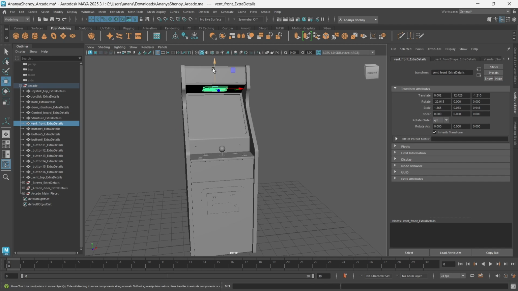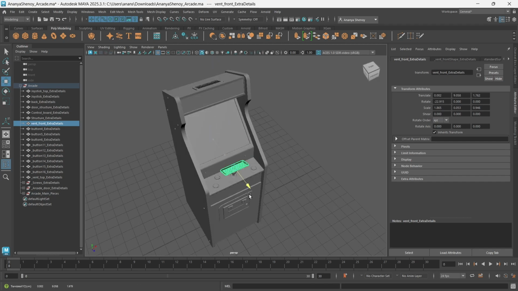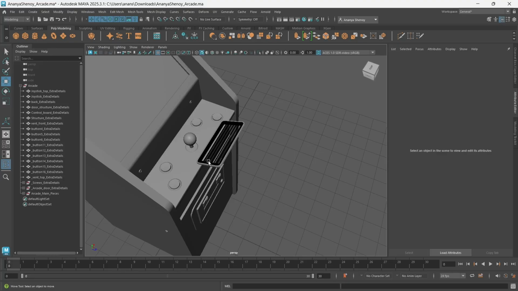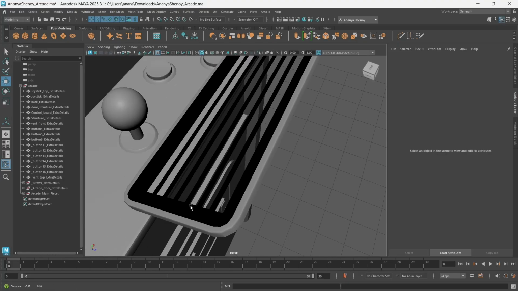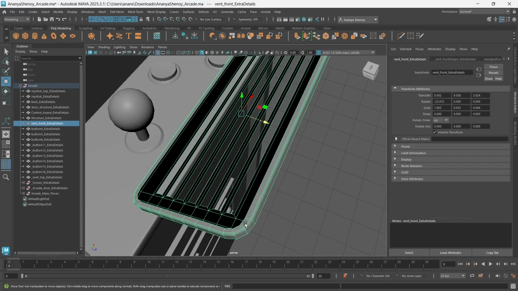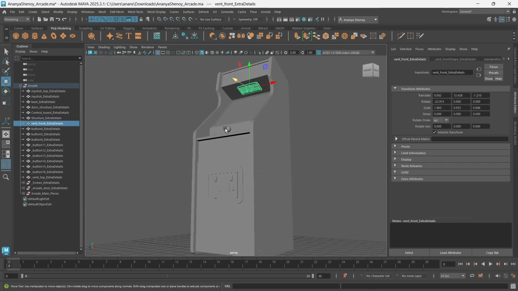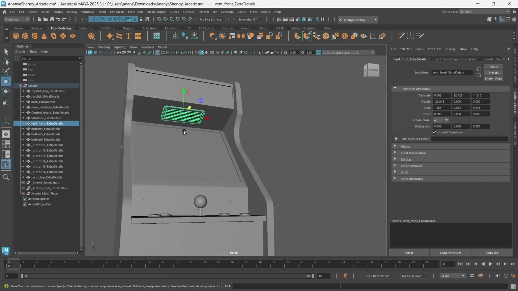I have this vent right here. If I move it away, you can see that the vent does not have a back. It just has the front, and it has an edge here that I've left in just so it doesn't look empty. But when you look at it here, you just see the vent like this.